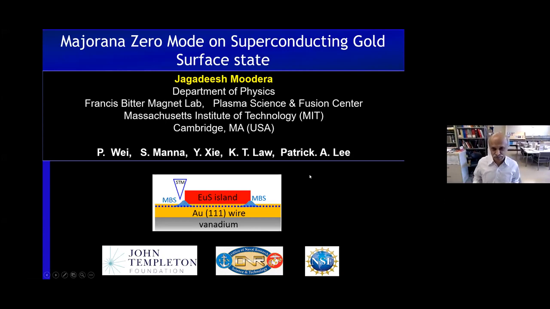It actually started with Patrick Lee and this grad student at the time, Andrew Potter. They approached us, and then I had the postdocs, Peng Wei and Sujit Manna, at different times. They took part in this, and they were the ones who actually created all the experimental results. And the modeling was done by Yingbing Shi and KT Law at Hong Kong University. So this is the work we're going to present, what we have using our scanning tunneling microscope, how we can locate the Majorana pair.